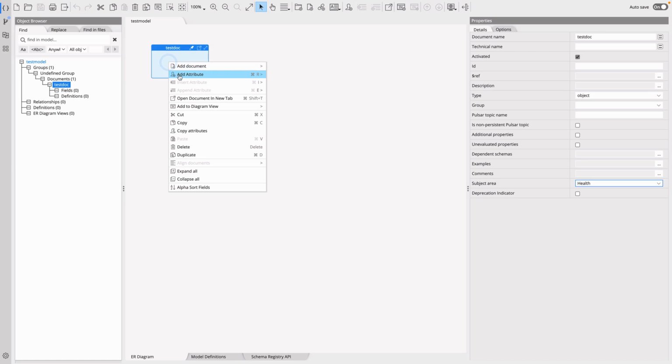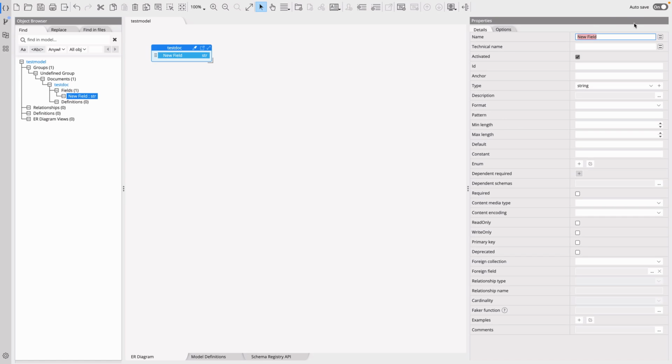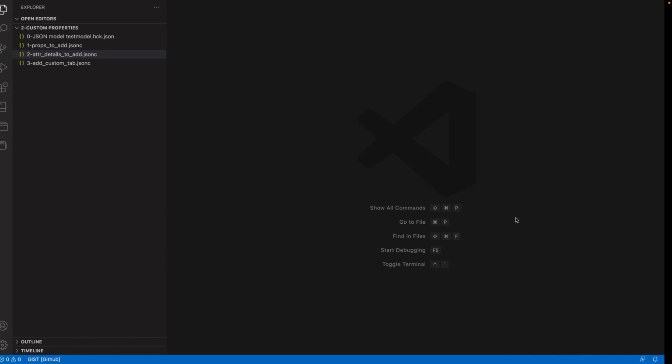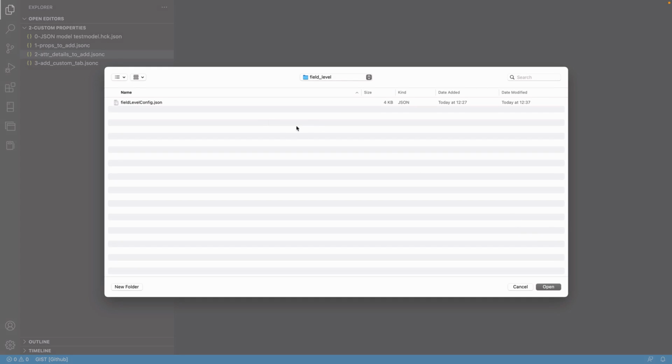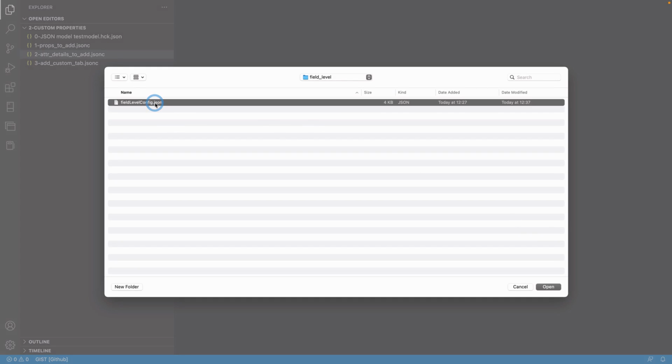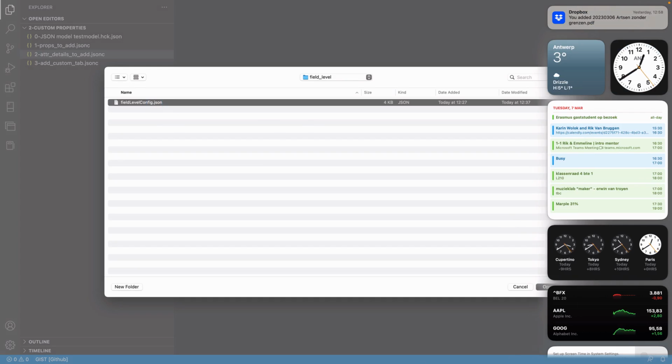edit the attributes of an entity. So let's say that I add an attribute here, which is going to be, I don't know, some kind of a test attribute, right? Now, I would like to edit the properties of this test attribute in a customized way. How am I going to do that? Well, I need to go back to my Visual Studio and I'm going to edit a particular JSON document that is related to a field level configuration of the